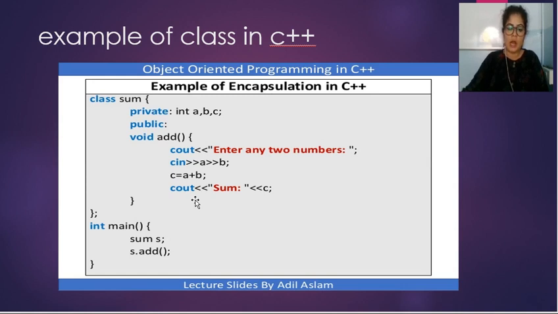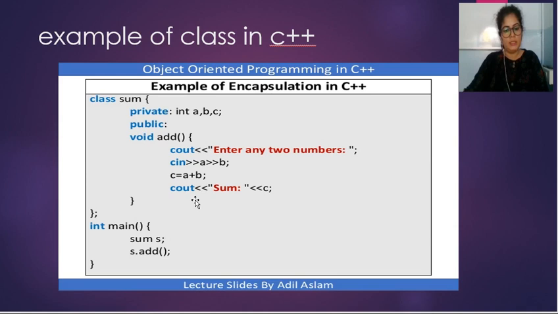Now the next thing is how to create an object. We always create objects in the main part. So let's start with int main. Here we are starting the main section. As in the earlier programs, we start the program with the main section. But here we are using the class concept, so first we declare the class and then we start with the main section.